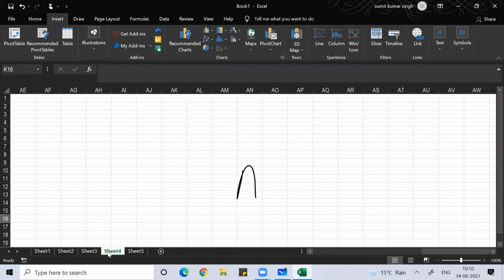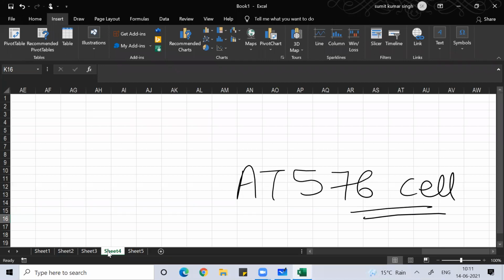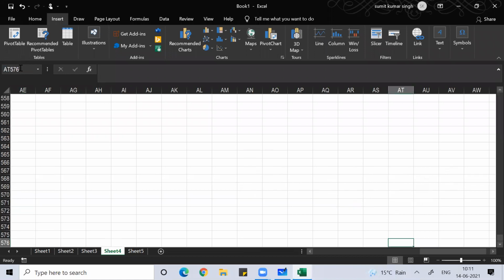I told you, go to AT576. How can you go to this cell? Either you click here in the address bar, write AT576 and press Enter. So you will go there. That is one way.